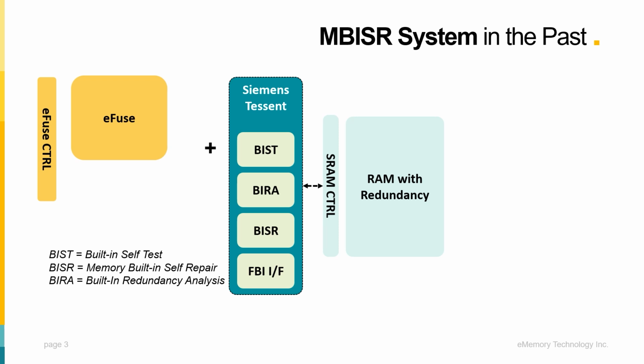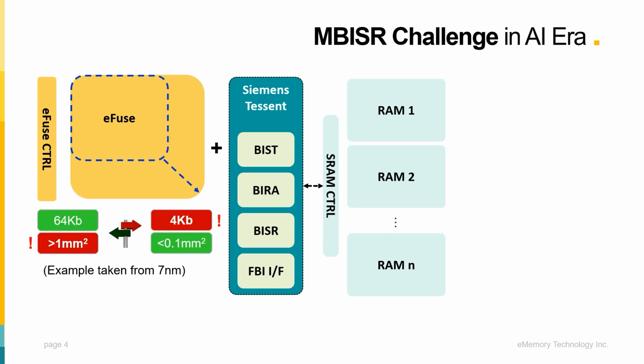As we advance into the era of multi-core CPUs and AI applications, the demand for diverse and high-capacity SRAM continues to increase. However, as we scale up the capacity of eFuse used for repairs, whether it is 32 kbits, 64 kbits, or even larger, the area taken grows significantly. This creates a dilemma. One is the loss of area cost, and the other is the sacrifice of SRAM yield.